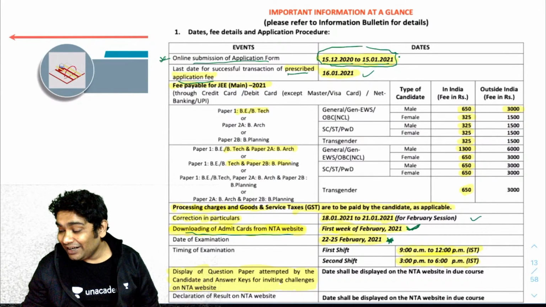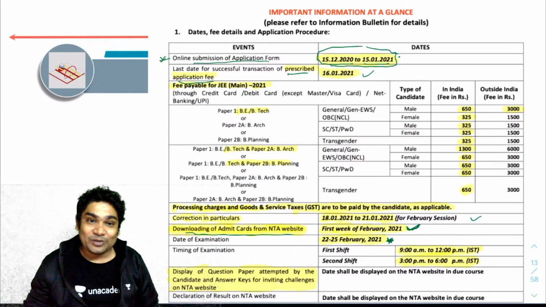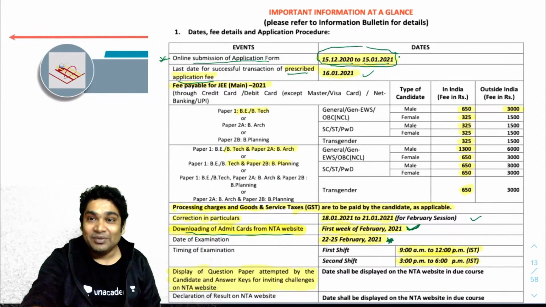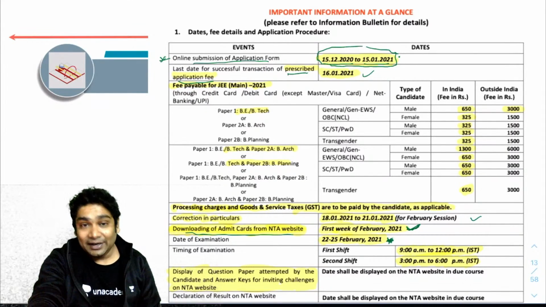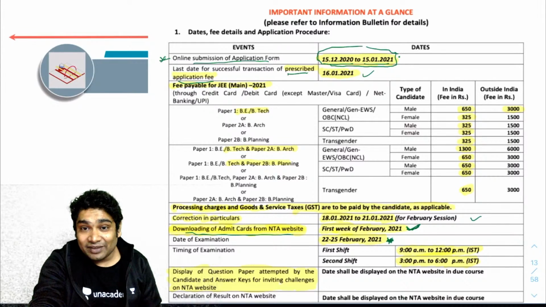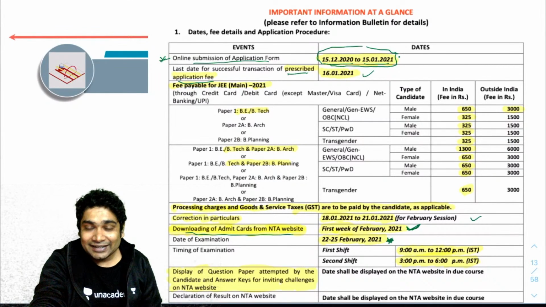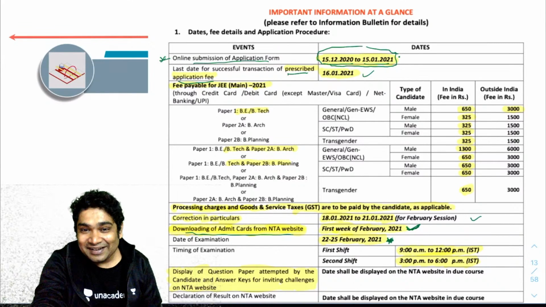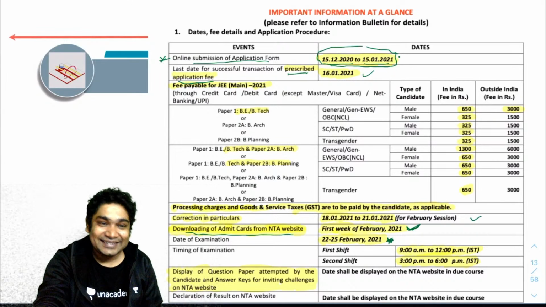Okay. Next, the exam dates, of course, are going to be from 22nd to 25th of Feb. And the shift timings are going to be 9 to 12 for the morning shift, and 3 to 6 for the evening shift. Okay, so ARJ says mains in Feb, March, April, May, BITSAT in June, likely. Advance in June. Yeah, June or July probably. Yes, June should be, yeah. ACET in April, MET in April, May, boards in March, starting to regret every decision that I took.